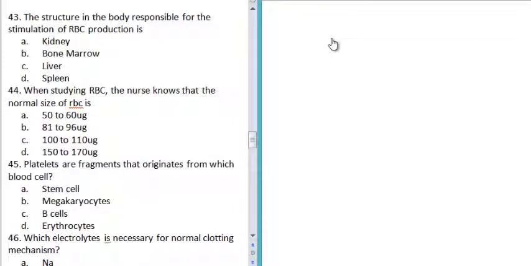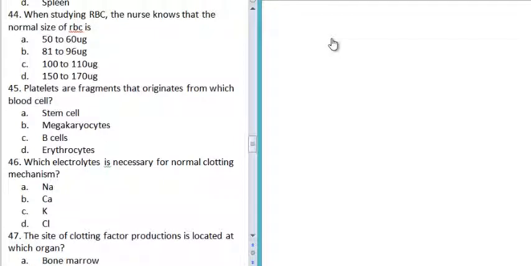The structure in the body responsible for the stimulation of RBC production is, of course, letter A, kidney. Kidney will stimulate the bone marrow to produce RBC. RBC is destroyed by your spleen if the RBC is greater than 120 days. Sisirain na siya ng spleen. Okay? Next. Number 44. When studying RBC, nurse notes that the normal size of RBC is,